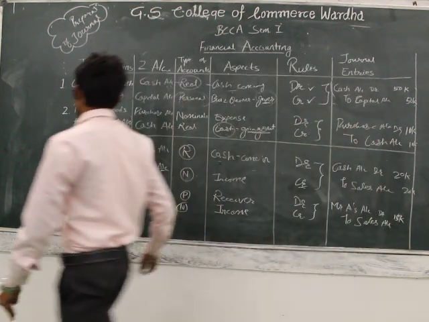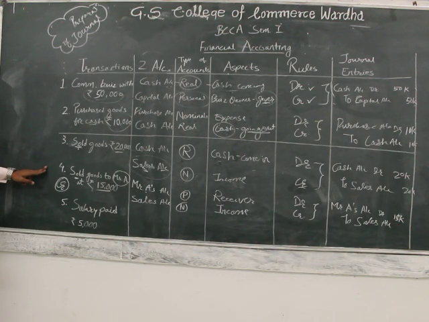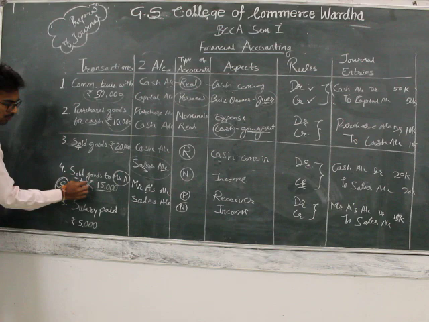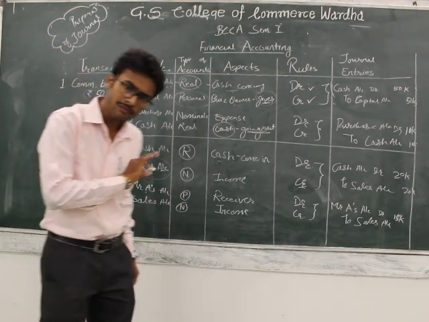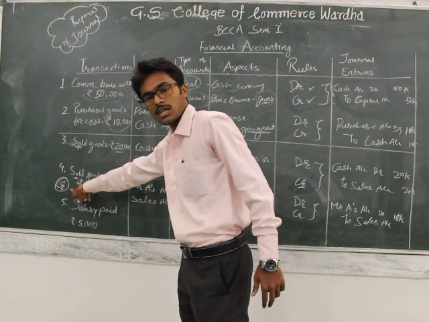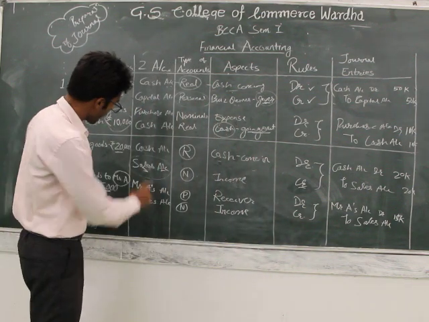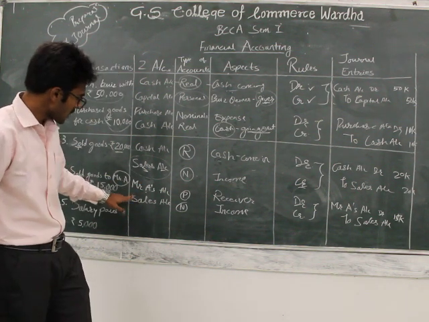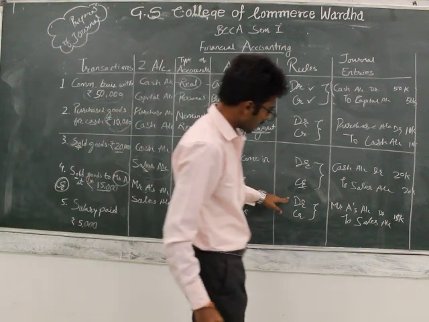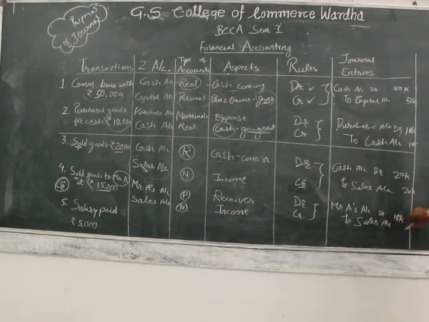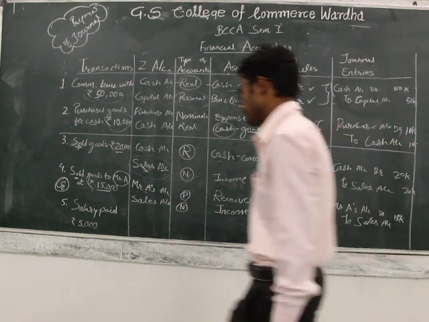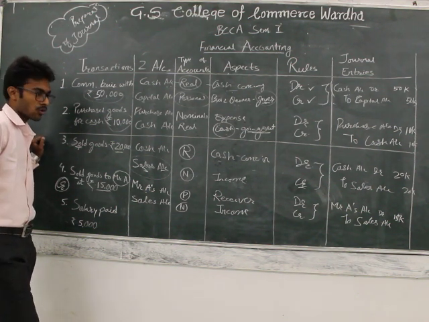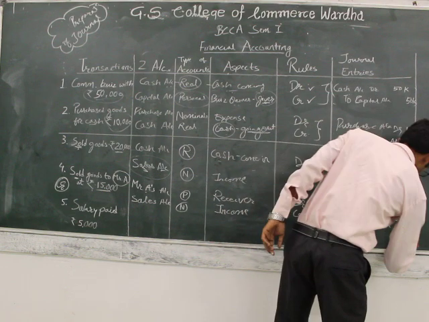So the fourth transaction, indicating that journal entry. The fourth transaction was sold goods to Mr. A at rupees 50,000. We have not received cash yet. Hence, this will be a credit transaction, so we have not used cash account. We have used Mr. A's account and sales account: receiver and income, debit, credit. That's why this entry will come under our book. The entry for the fourth transaction will be Mr. A's account debited to sales account with rupees 50,000.